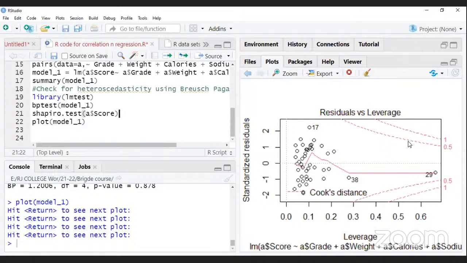Okay, but if it is above 0.5, there may still be a problem, but make sure that if you remove that point, it may happen that your R-square value will be affected. So that is the statistician's job, to check whether we have to include or exclude. But as I said, after one, that means more serious about the point. Okay? So just take care of this value. I think this is all about your